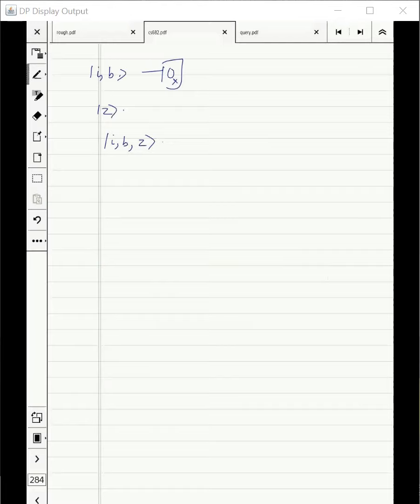And then your final state will be some alpha ibz, where i goes from 1 to n, b is in 0, 1, and z is an element of some set, gamma let's say, which I don't know, right? Z is extra workspace. I don't know how many ancilla qubits you are using, but all of them I'm capturing inside Z. And you will see why this alpha ibz becomes a polynomial. But let's say it is some polynomial. What does it tell us?